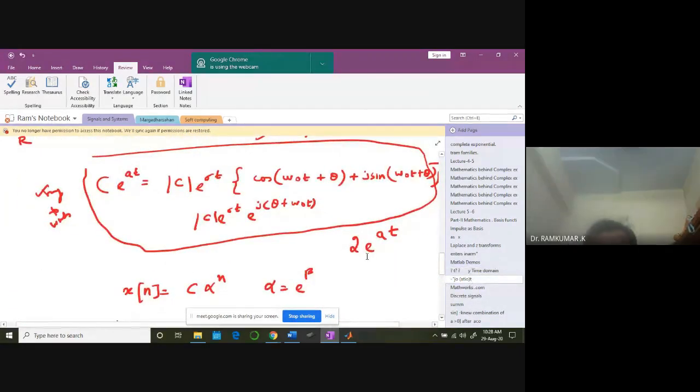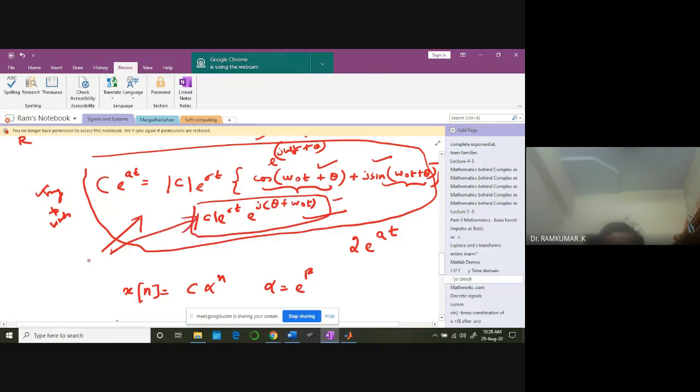Yeah, look at this. This is the one I'm talking about. Both are complex. Okay, e power alpha t, a sin omega t. e power j omega t is e power j omega t plus theta. That's nothing but cos omega naught t plus j sin omega naught t. That's the final expression I've done. What is this condition? This is both for C and alpha, complex. That's the case I'm talking about.